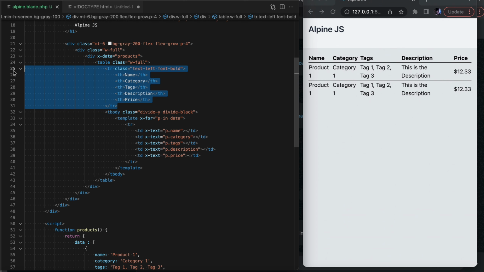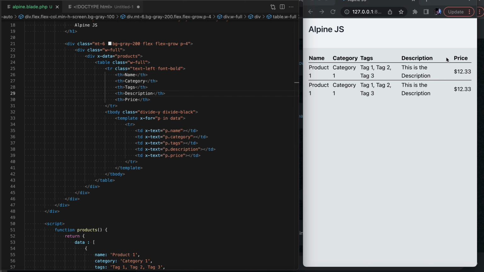And another thing is that I am displaying the heading, the TR, using this particular code. This is using Tailwind CSS classes, and this is the table that is being displayed over here. Now, as you can see, this table hasn't got too much width, so everything is very compact, and it is not very easy for the user to understand. So I would give the user the ability to hide certain columns that he wants. So let us see how we can do that.